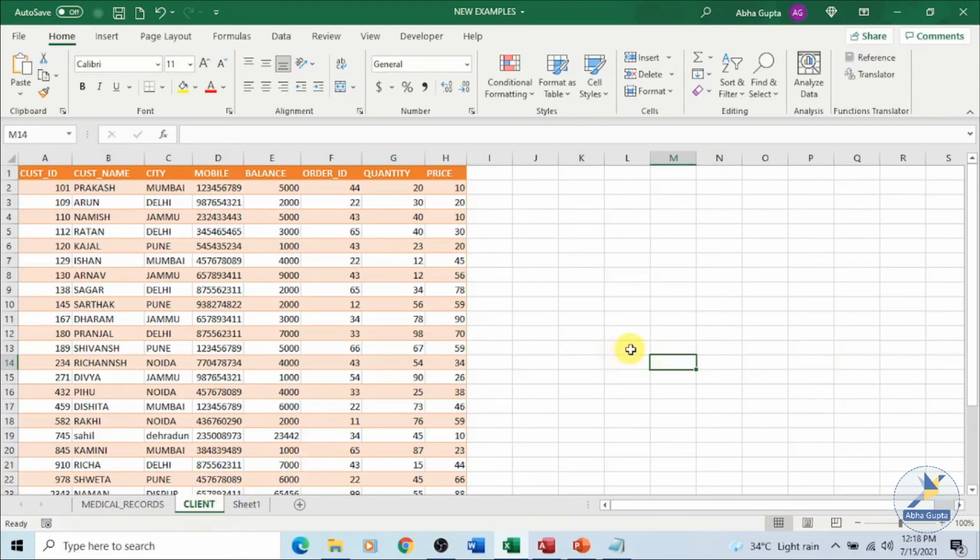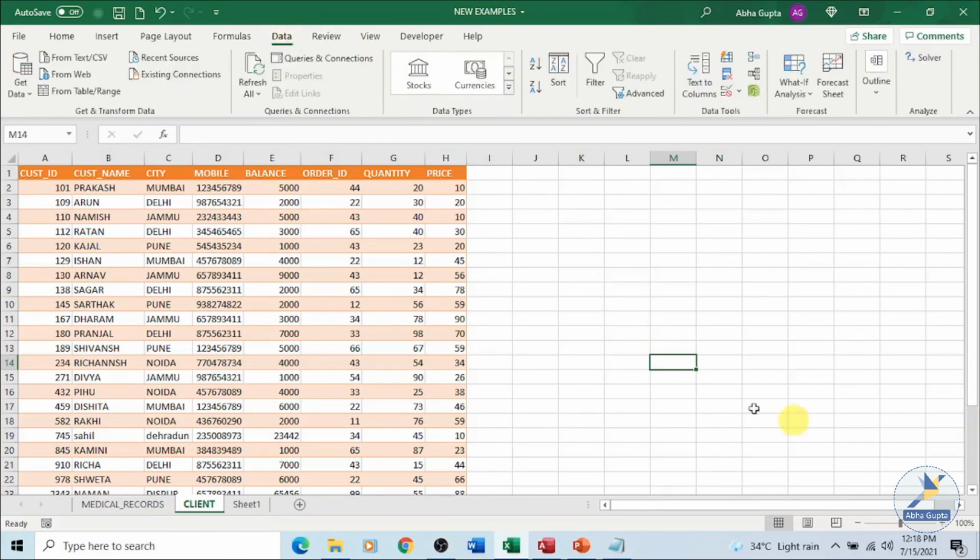We can also refresh the data in Excel if any changes are made in the connected data source before working on the data from it. The same can be done. We can always go back to data over here, and under queries and connections I can always refresh. Click on this drop down and refresh all. We can refresh the connection. If you are trying to perform some kind of query, we can perform the queries as well.